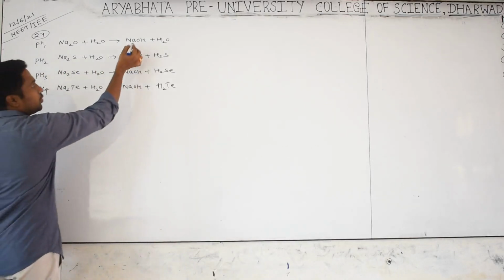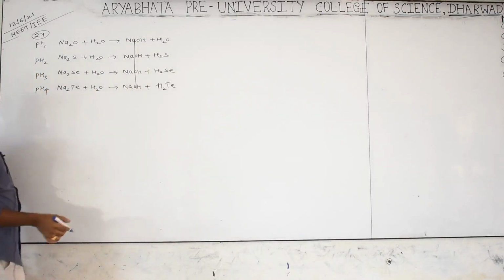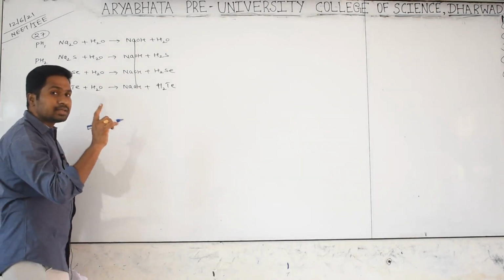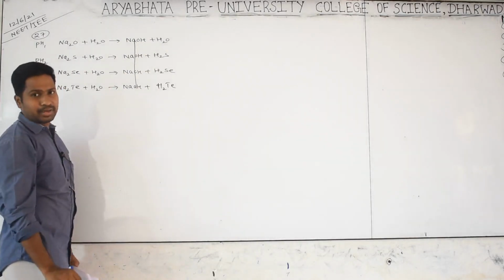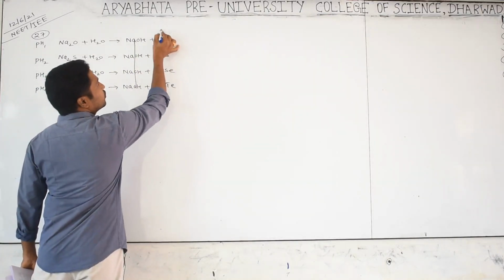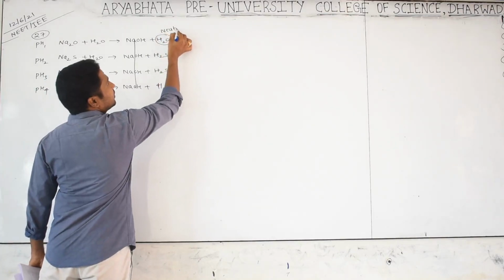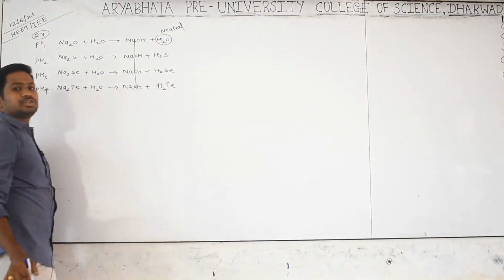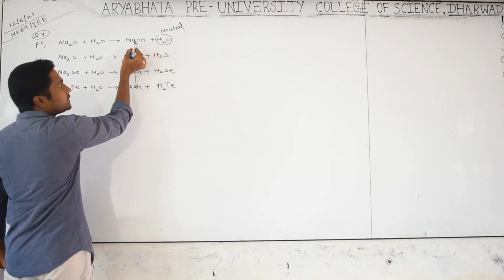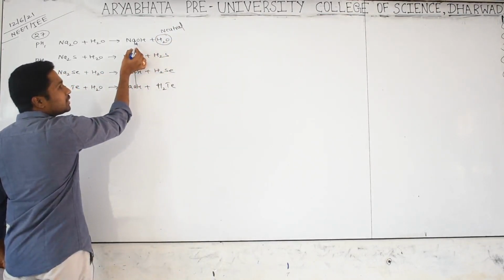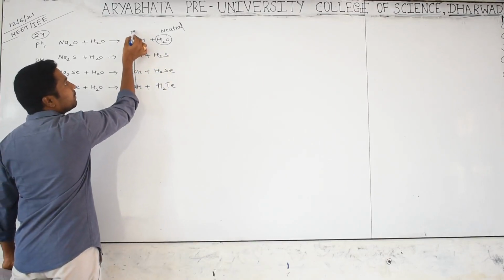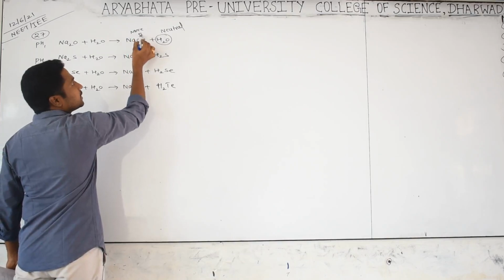From all these compounds, commonly we are getting NaOH, which is basic, but its resultant basic strength depends upon the adjacent component. For example, in the first case we are getting H2O, a neutral component. Why? Because H plus ion concentration is equal to OH minus concentration. Because of this water, is there any decrease in the concentration or basic strength of the NaOH? No, that's why it has very basic character, more basic strength.